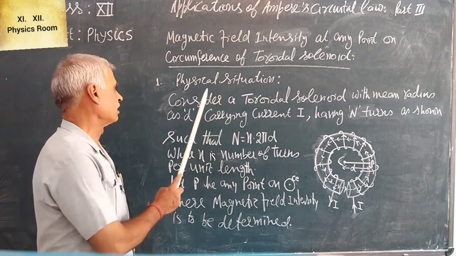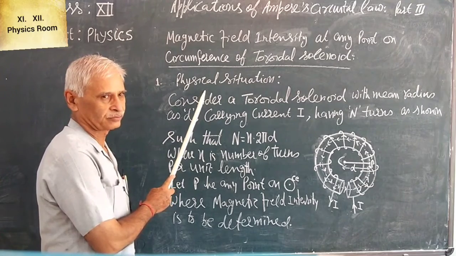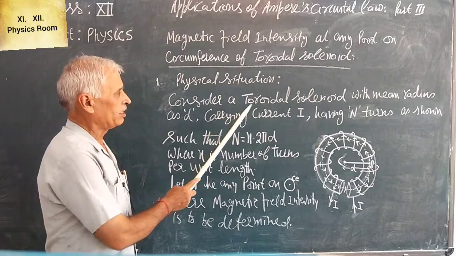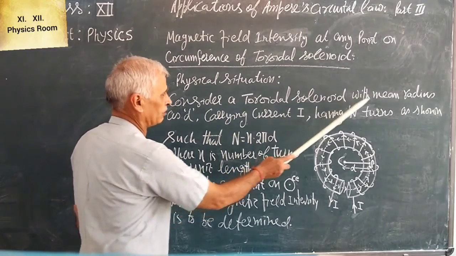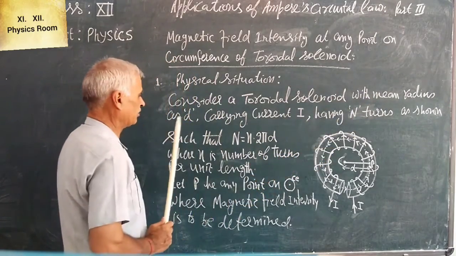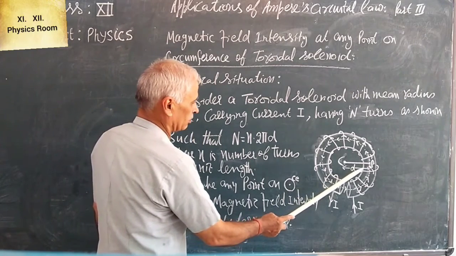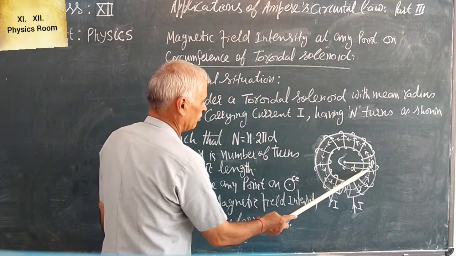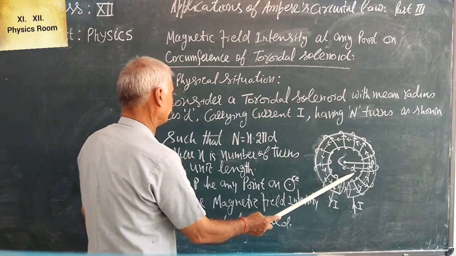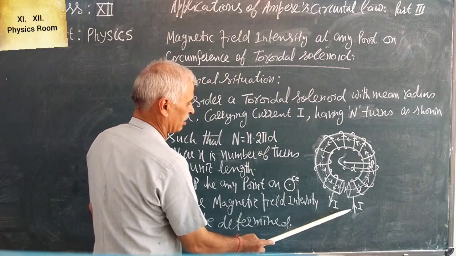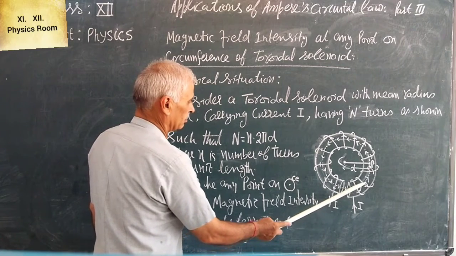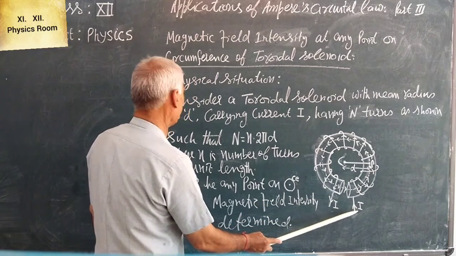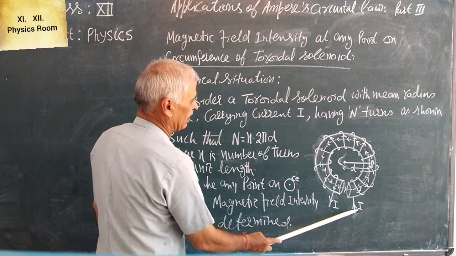Now we develop the physical situation. As usual, consider a toroidal solenoid with mean radius d. This is the inner radius, this is the outer radius, so this is the mean radius d, carrying current I. This toroidal solenoid is carrying current I, having N